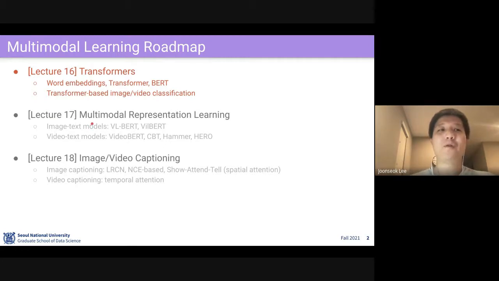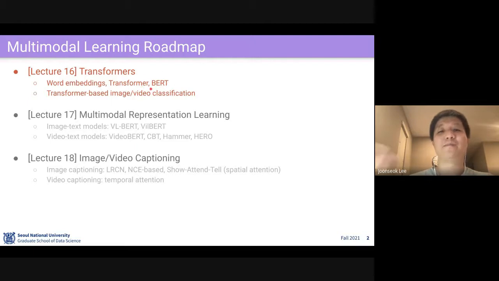So we're basically dealing with multiple modes like image, video, sound, text, or more. What can we do with those different types of data, and how can we learn something useful out of them? That's the main question in multimodal learning. These days, the transformer is the most widely used tool, especially in NLP, and nowadays even in computer vision. So today, we are going to cover the basics of word embeddings in the transformer and its